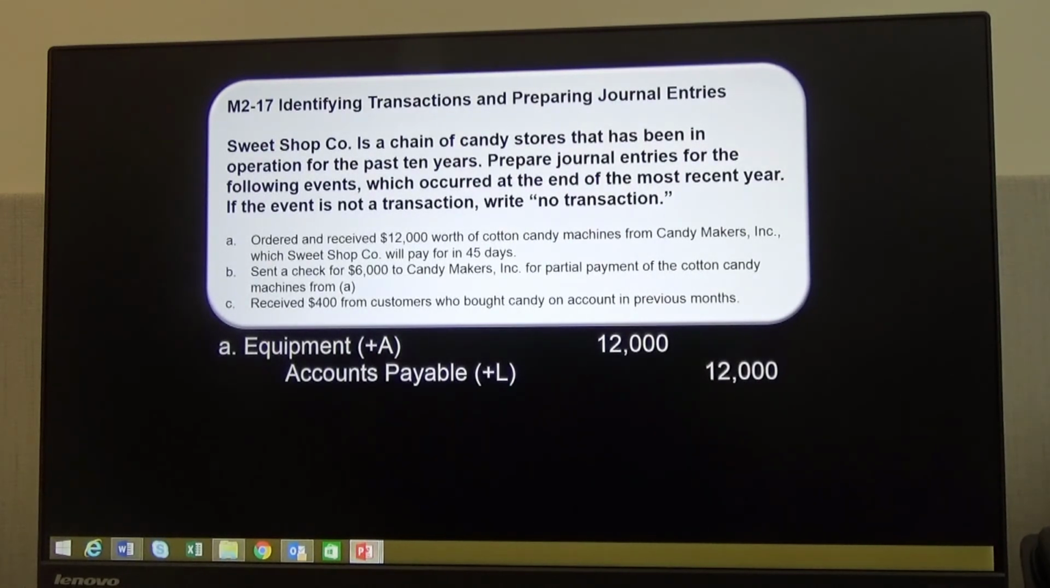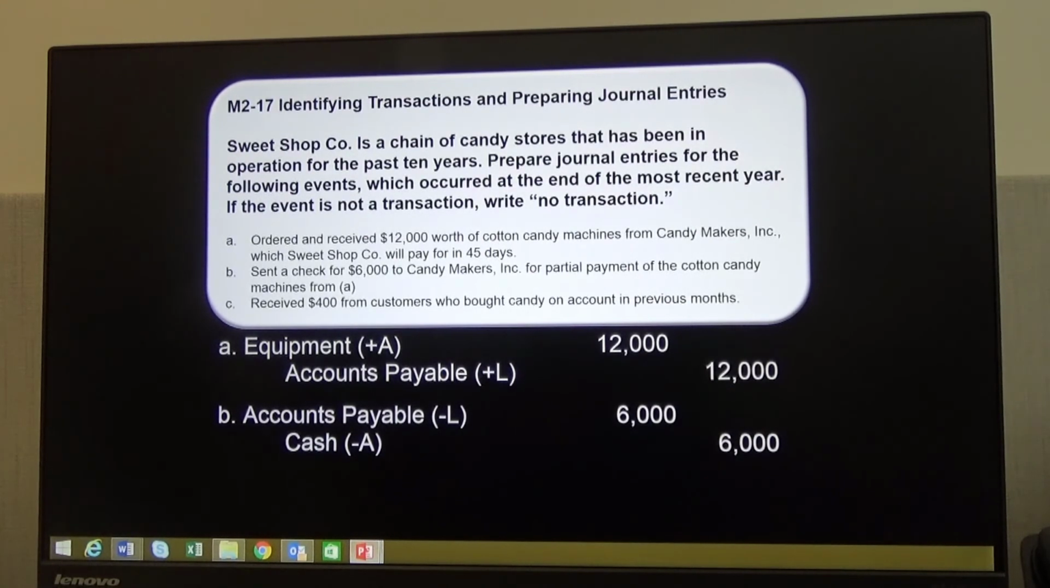Transaction B, we sent a check for $6,000 to candy makers for partial payment of the cotton candy machine from letter A. And so now we're going to take part of that accounts payable, not the whole $12,000, but the part that we did pay. We're going to decrease the accounts payable account by debiting it, and we're going to decrease the cash account by